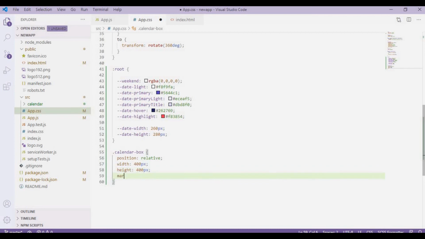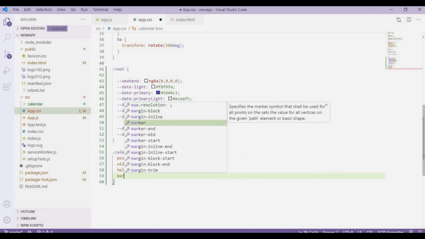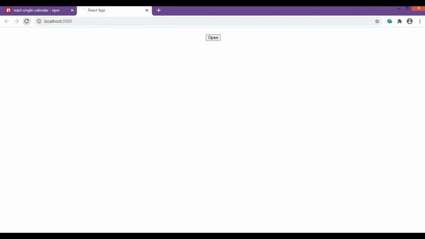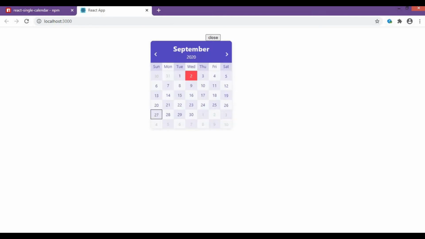I'll set the margin to auto. Now let's go back to our browser and see how it is happening. Refreshed, and if I open, as you see, it is opening right after this button. So in this way you can use this React single calendar plugin for your project.